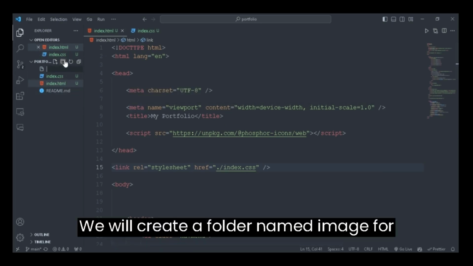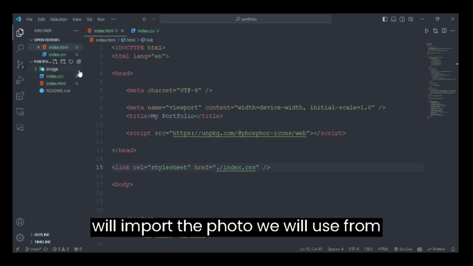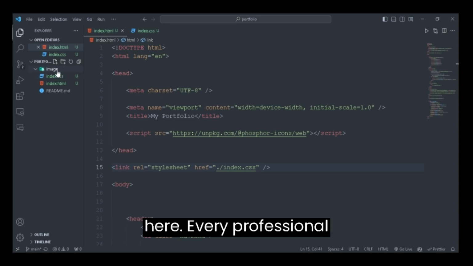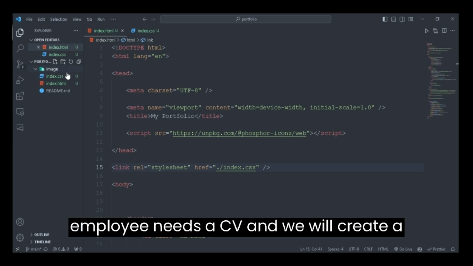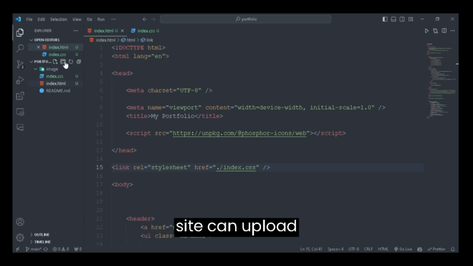We will create a folder named Image for our profile picture on our website, and we will import the photo we will use from here. Every professional employee needs a CV, and we will create a CV folder so that any user who enters the site can